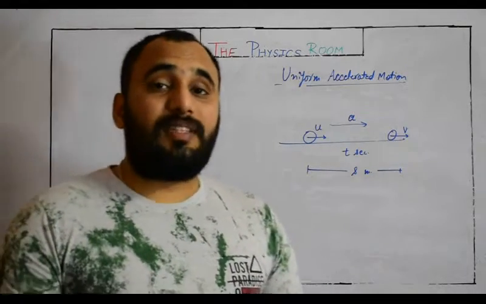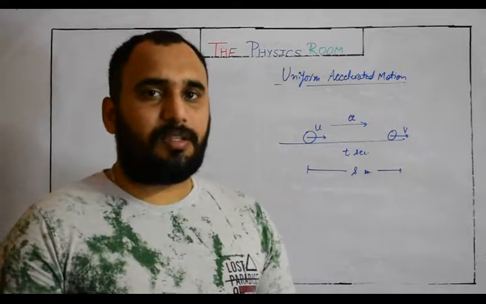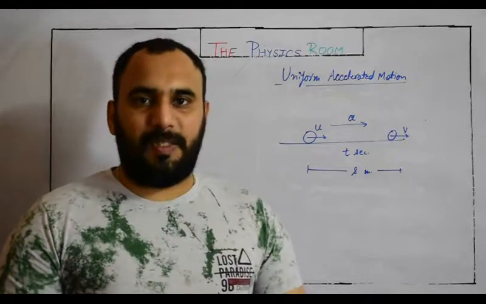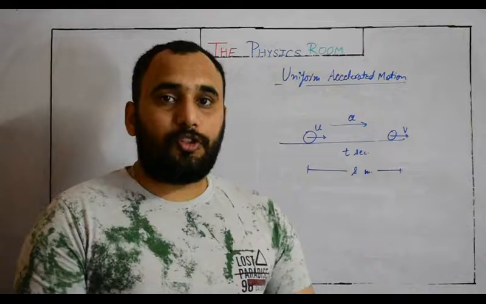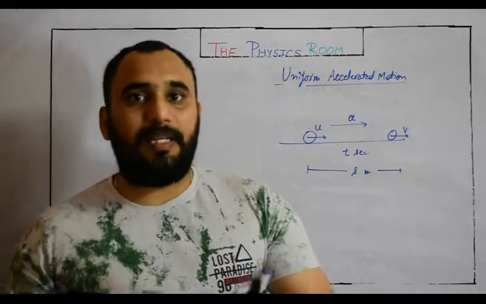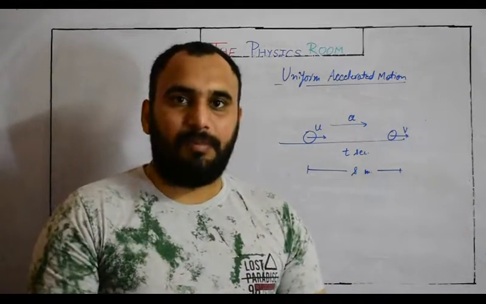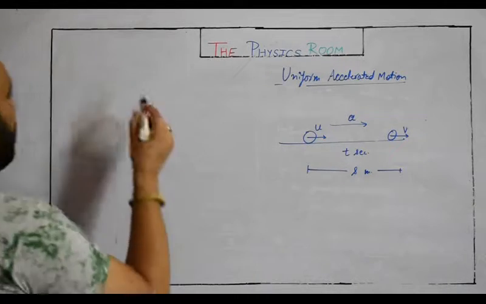Why? Because that graph will provide you displacement as well as acceleration. We know it very well. We have discussed it already: the area under the VT graph will give you the value of displacement, and the slope of the VT graph will give you the value of acceleration. So this is the only graph which will provide you a relation between displacement, velocity, and acceleration simultaneously with time. Right? So we are going to use that graph for this particular situation.